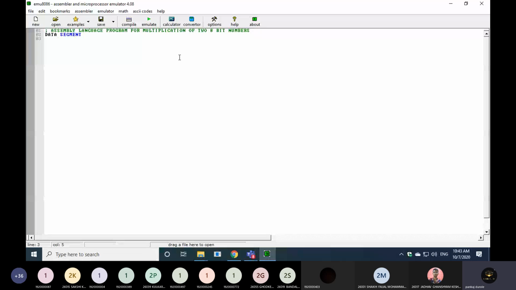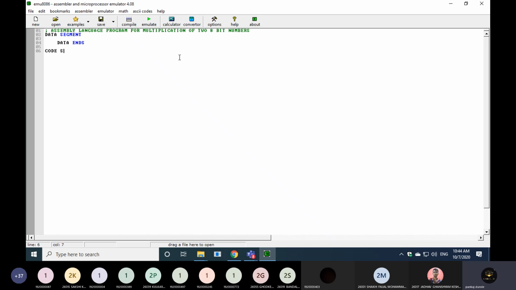data segment. The syntax for the data segment is data segment and data ends. Here I can mention the content of the data segment. Then I need to go with the code segment. So while writing the program, first of all, you can write this skeleton of the code, and in that code, you can mention your logic in the code segment, and data types in the data segment.